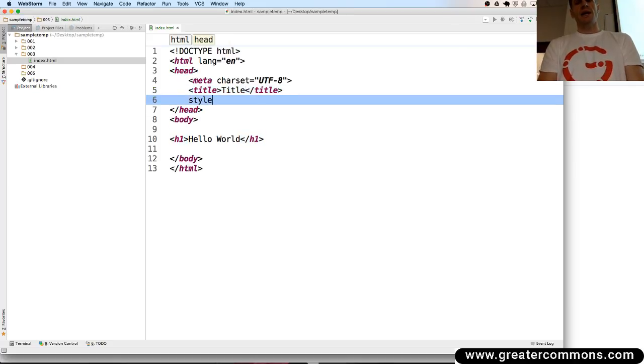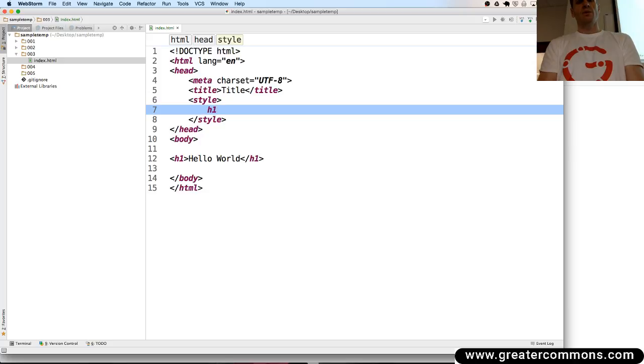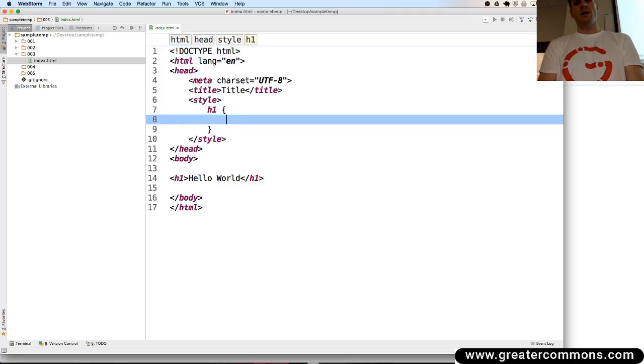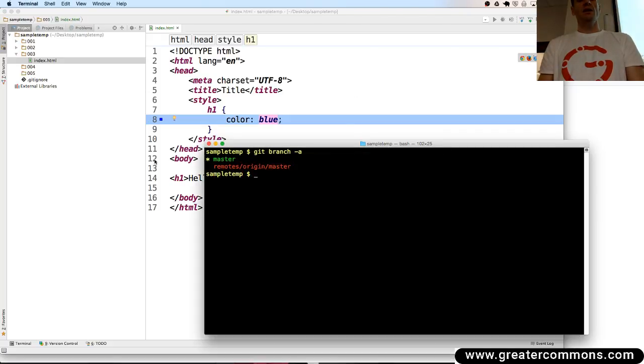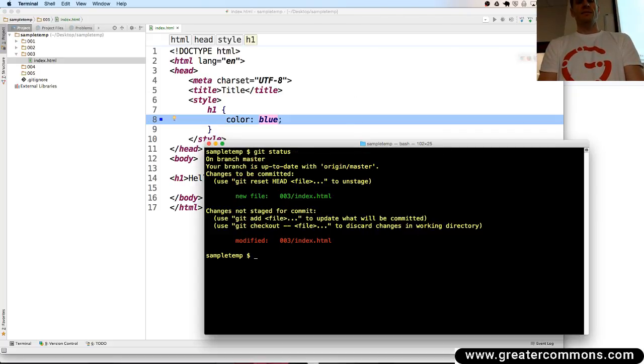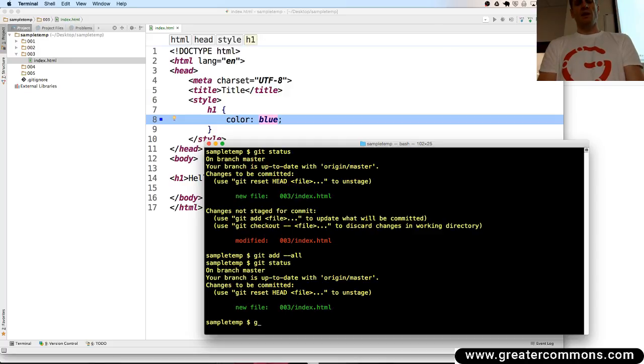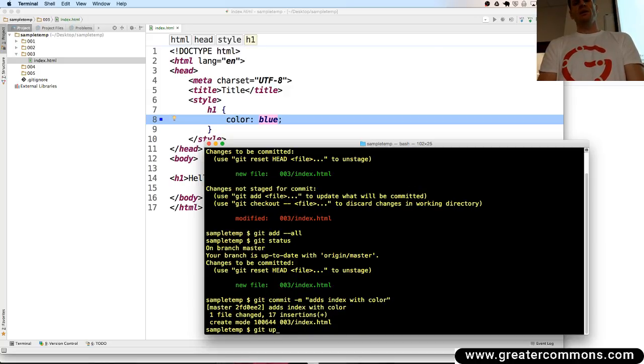So up here I put in my styling, and I say, here's my rule set. There's the selector, and then the declaration block, and the declaration block has properties and values. So the property color, the value's blue. All right? So I selected all H1s, and I said change the color to blue of the font. And then I come to here, I do my git status, and it says, hey, you've created 03 index, git add --all, and git status says, okay, that's been staged, is ready to be committed. Okay, git commit -m, adds index with color, and then git push,